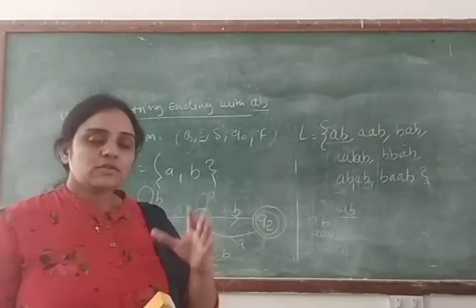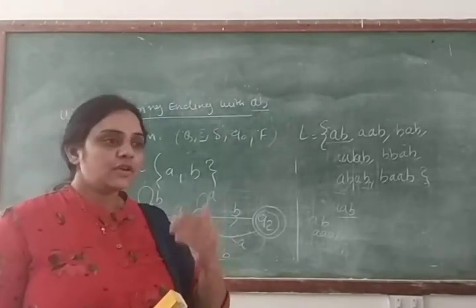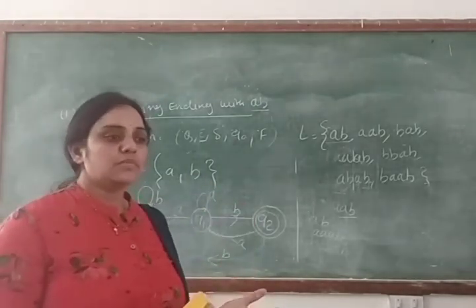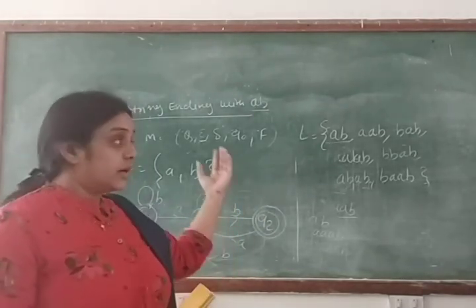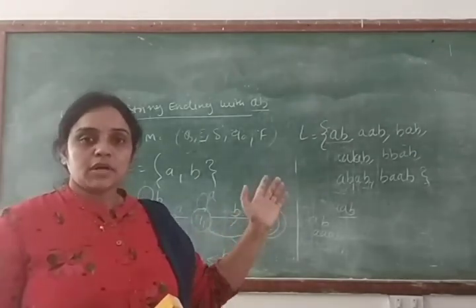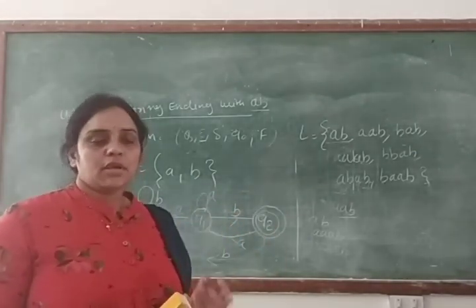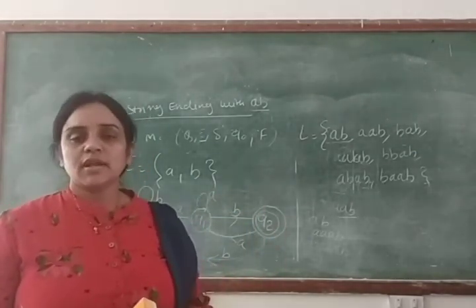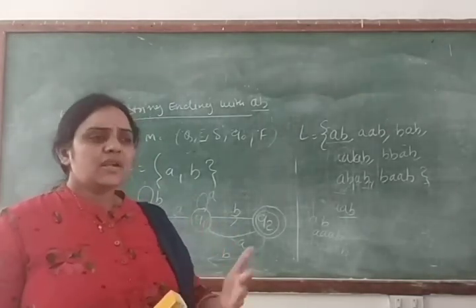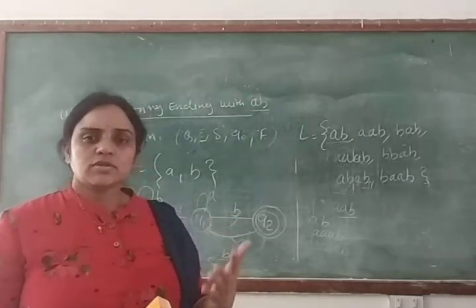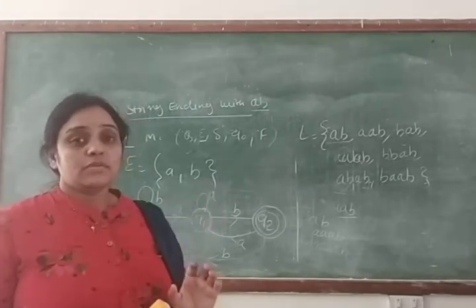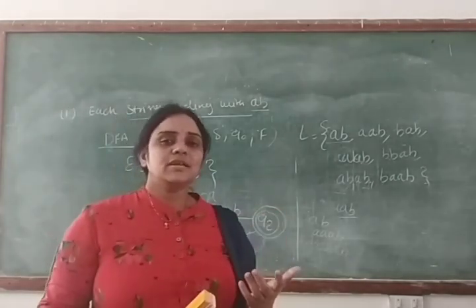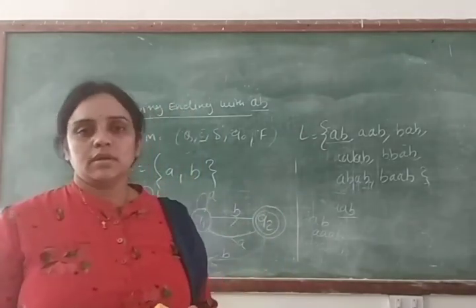Clear? So please solve more questions in TOC, different types of problems related to the number system, related to this type of problem, specific types of conditions. Like your string ending with AB, your string starting with a different symbol or ending with a different symbol, and different types of problems like a raised to power n, b raised to power n, where n or m is greater than or equal to 0 or 1. So please solve this type of question, and if you face any difficulty, then please discuss with me. Okay, thank you.